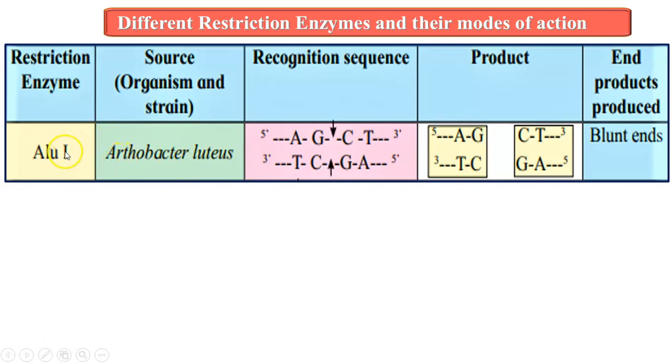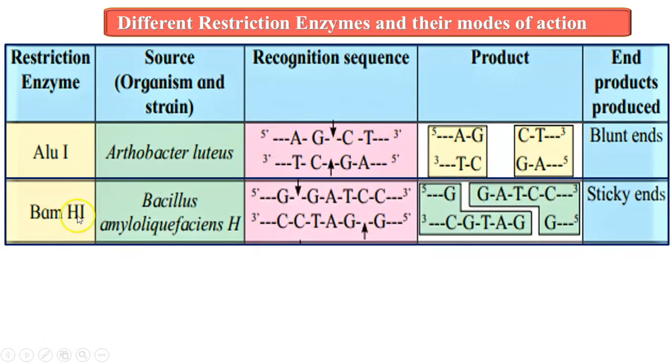So this is the first enzyme isolated from this bacteria, and this is the recognition sequence which is identified by this restriction enzyme, and the cut given is a straight cut, and that gives rise to blunt ends. Let us take the next example, BamHI: B from the generic name, Am from the specific name, H from the strain of that bacteria, and the first enzyme isolated. The recognition sequence and the staggered cut is given, giving rise to sticky ends.